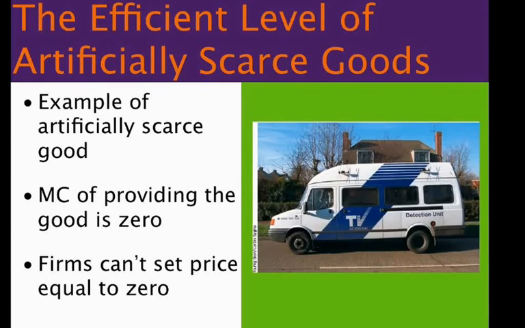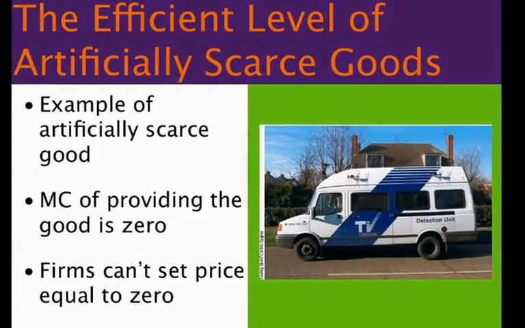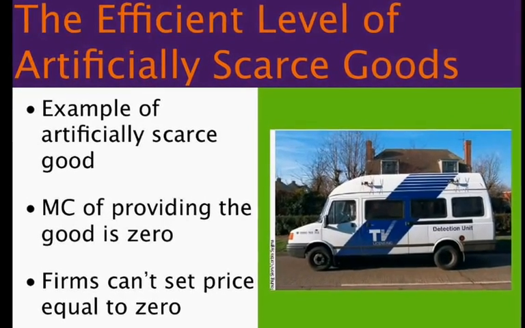Of course, there's no way the firm can profit if the price is zero, right? So the firm sets a price, maybe, what is it nowadays, $7.95 or something, and excludes some of the potential customers by design because it has to be profitable. So if the price is $7.95, fewer movies are going to be ordered than the efficient number. This is why the good is called artificially scarce. Okay, I hope that makes sense.